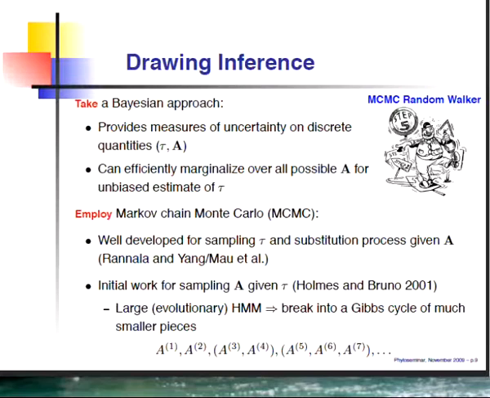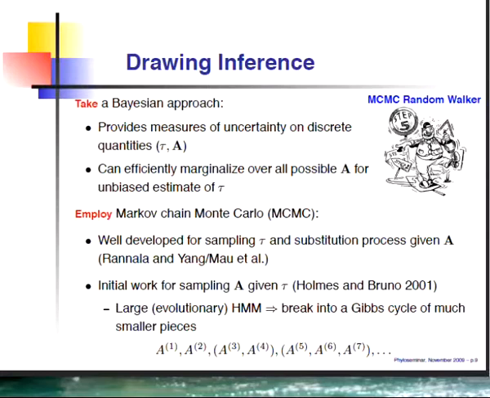So obviously there's quite a bit to be gained in terms of decreasing autocorrelation in your Markov sampling if you take a big jump, but the computational effort is very high. So somewhere in the middle ground is going to be some optimal way of sampling the alignment given the tree. And then we can just iterate back and forth to hope to converge to the joint distribution of both.